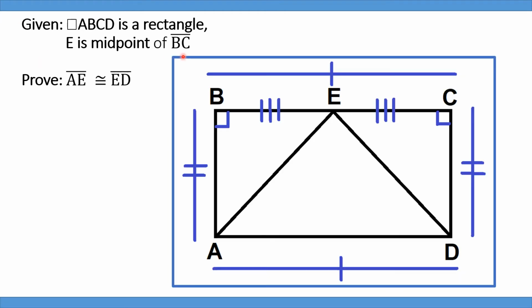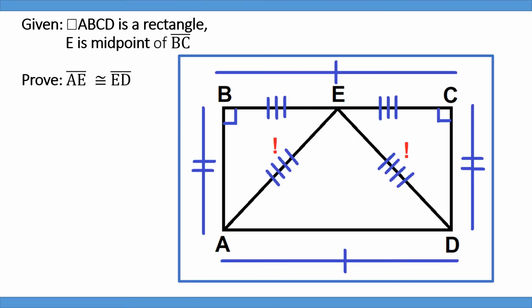E is the midpoint of BC implies that line segment BE is congruent to line segment EC. Now we need to prove that line segment AE is congruent to line segment ED. Well, of course, as usual, we can prove this to be congruent by CPCTC, but first, proving these two triangles are congruent. So now we do not have problems with that because we have already 3 corresponding parts available for us that are congruent.